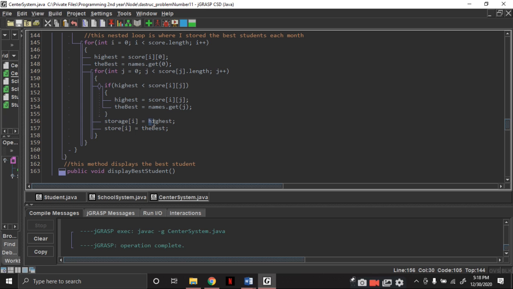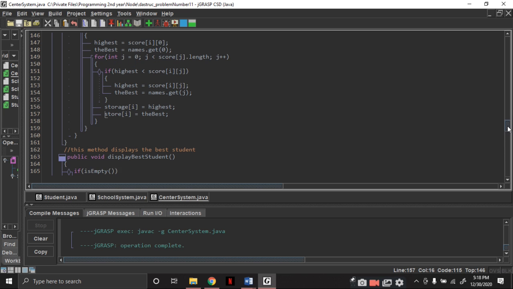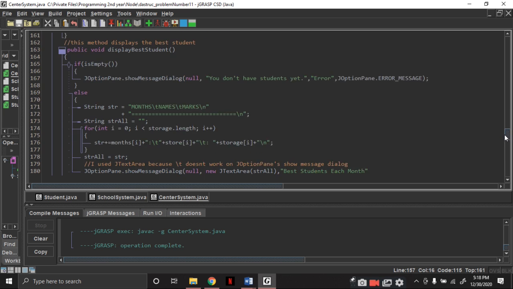And if that happens, the highest score will get stored here, which is the storage sub i, and the student with the highest grade will be stored here, the best, and then the best will be stored in the store sub i array. By the way, the storage and store sub i array has a length of 12, same as the length of the months.